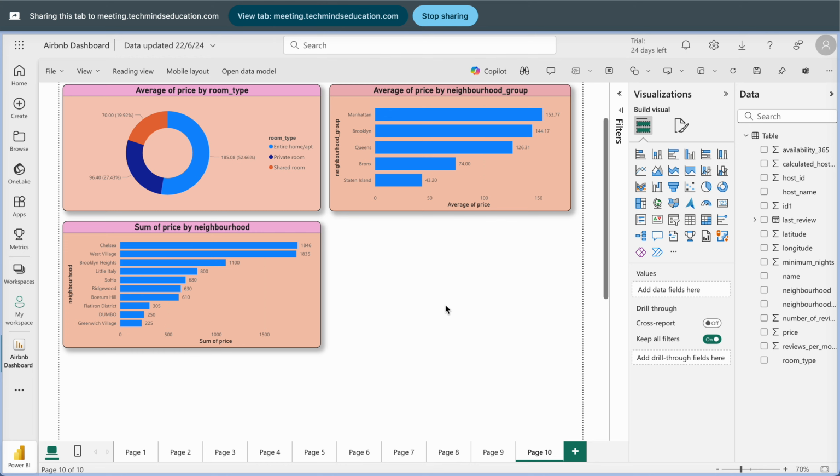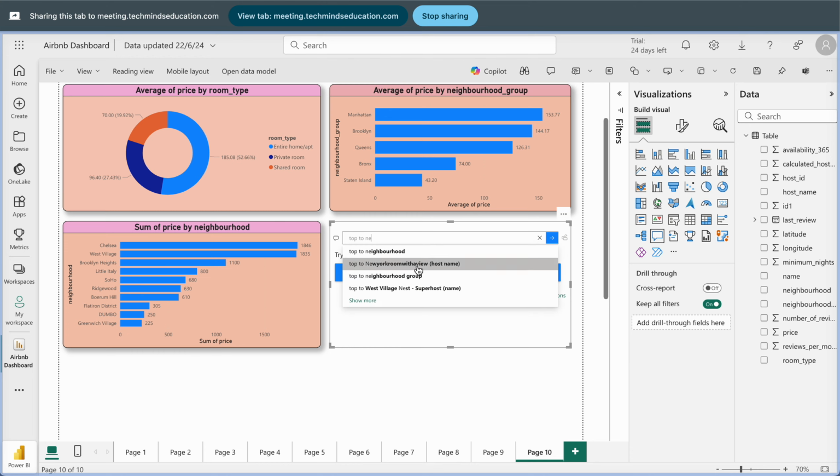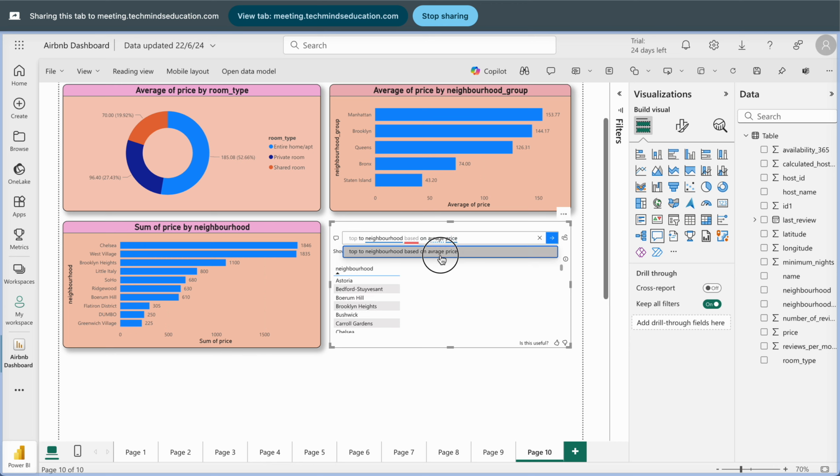Let's suppose I want to create one more plot, the same plot using chatbot. So I will double click on my dashboard, and here I will mention the name of the plot: top 10 neighborhood based on average price. Okay? So this is my average price,